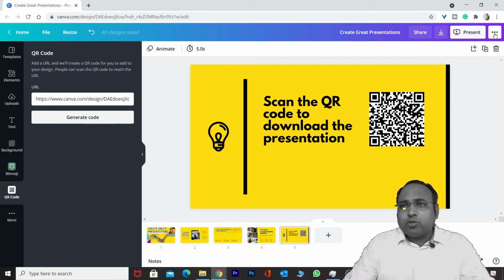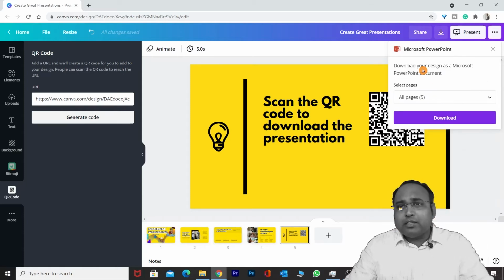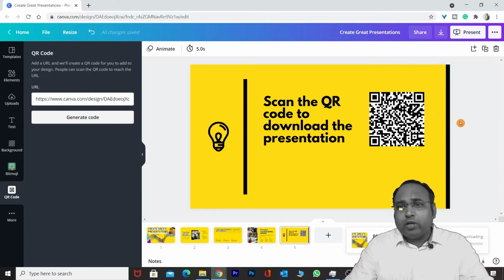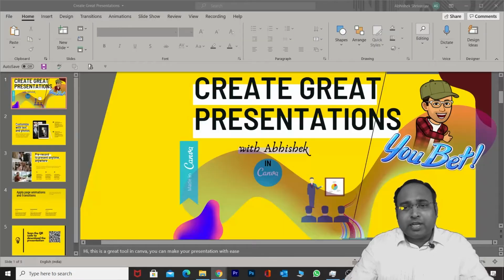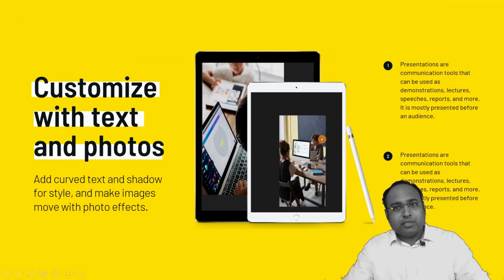I'll show you. So again, you need to click on these 3 dots. The moment you click, in the share button, you will find Microsoft PowerPoint. Just click on Microsoft PowerPoint and you can download. The moment you hit download, the entire presentation will be downloaded. I have already downloaded the presentation and I'll open it. So this is the presentation which was downloaded. So the moment you try to go for the slideshow, you can see there will be no animation,